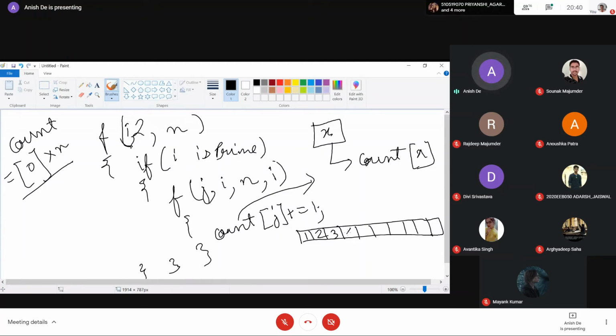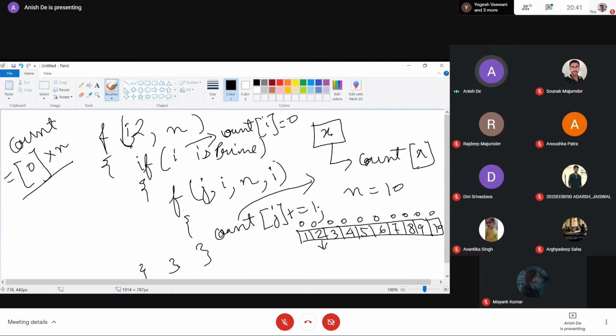So this is the array of numbers, let's take n equals 10. First the count array is 0 for every number. Now we are running I from 2. I is prime means count I is 0. So count of 2 is 0. So we will start the inner for loop from 2. See, here is the difference. Last time we were starting from I into I, but this time we are starting from I.